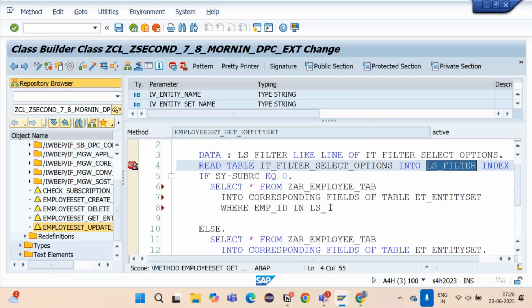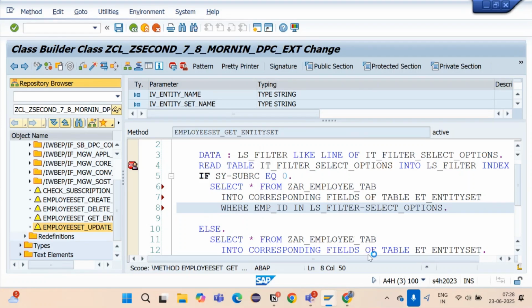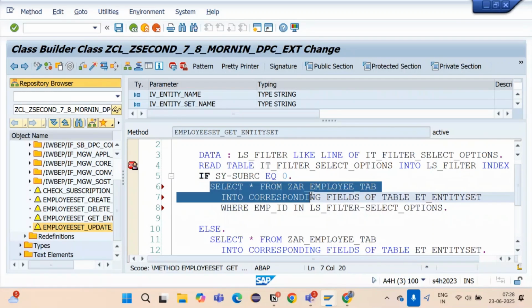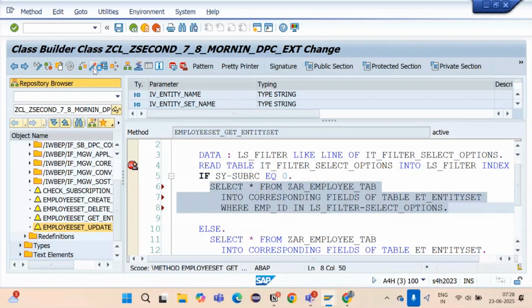So ls filter and its component select option. That's how things are going to be implemented. So if I activate it,